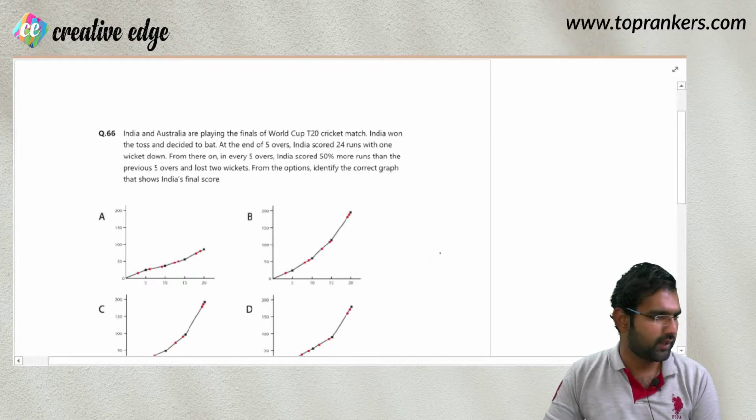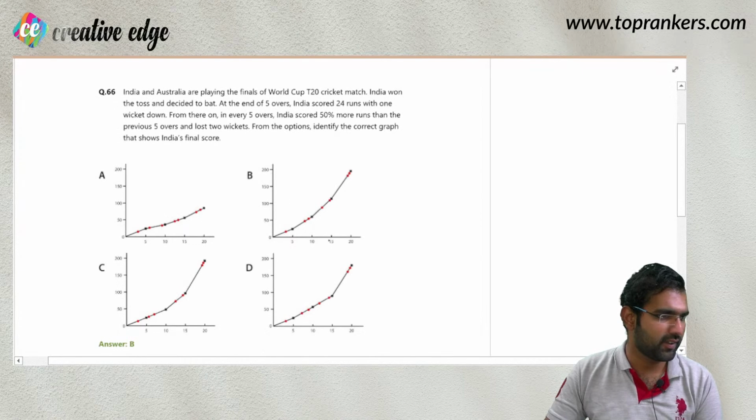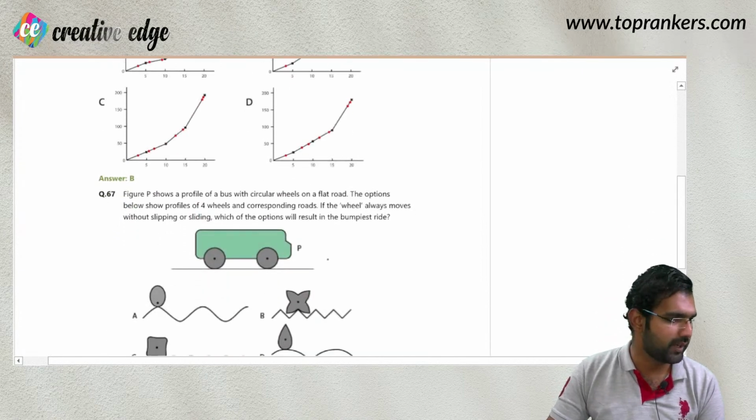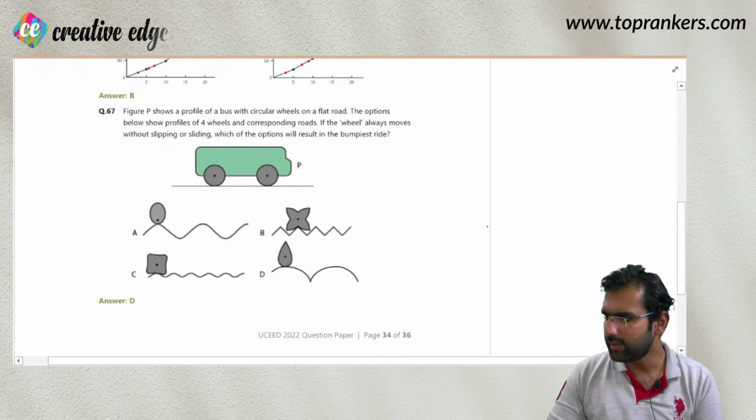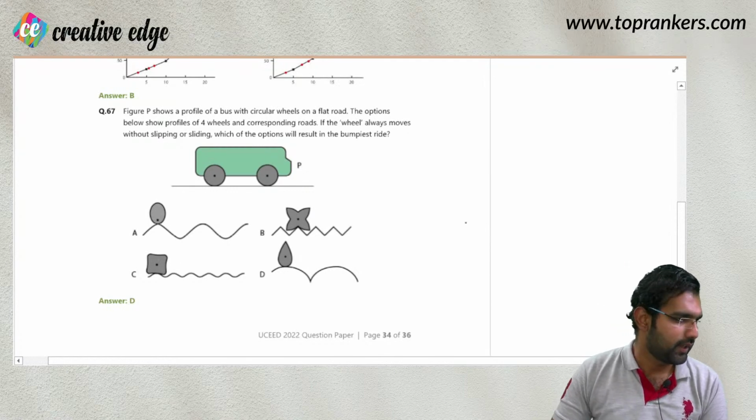Continuing further, थोड़ा और ध्यान से देखिए. This question was a very easy one. I hope you all must have cracked it. I'm skipping it right now. Question number 67, I believe, was again an easy one. देखो, वो